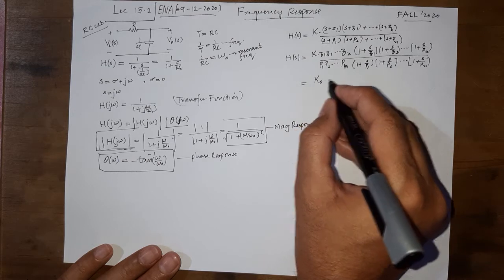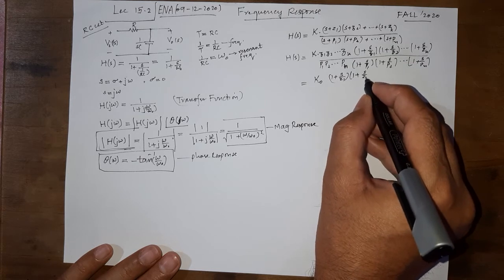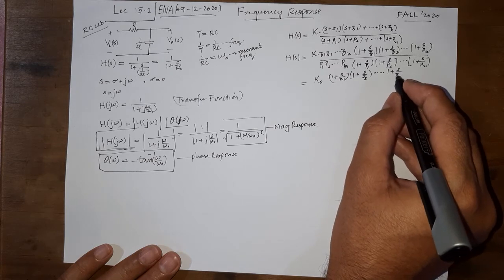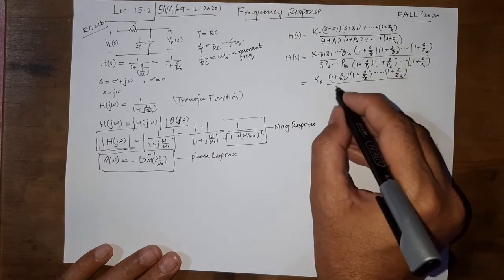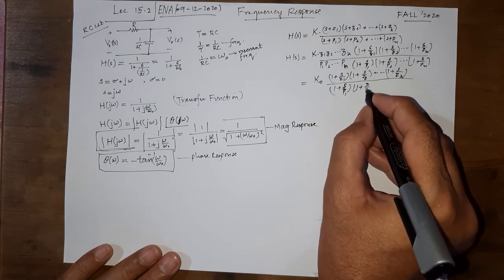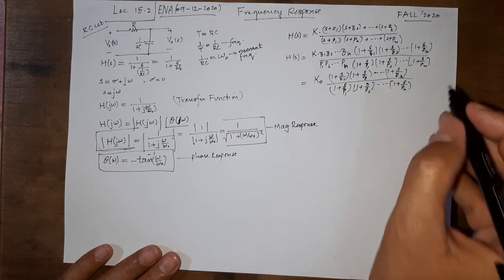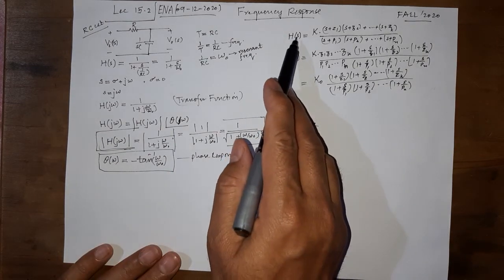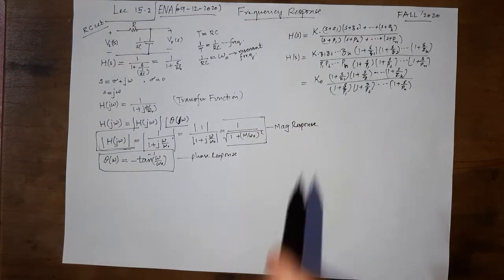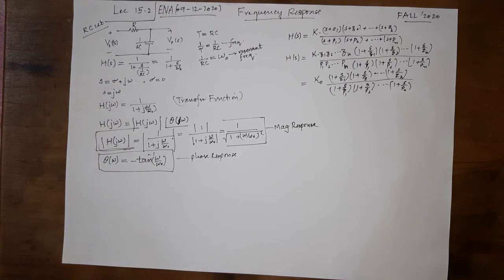of this form, say some other constant K0, and (1 + s/z1)(1 + s/z2) ... (1 + s/zk) divided by (1 + s/p1)(1 + s/p2) and so on, (1 + s/pn). So this is how you convert any transfer function to such a factor form, where we have the factors in the form 1 plus s over a pole or zero, depending upon whether it's in the numerator